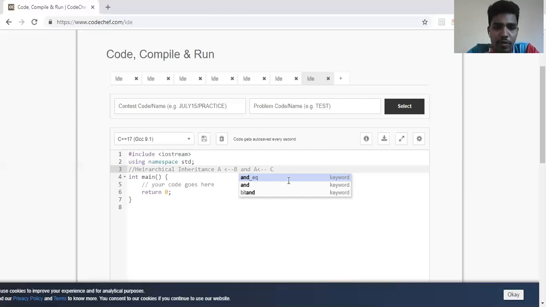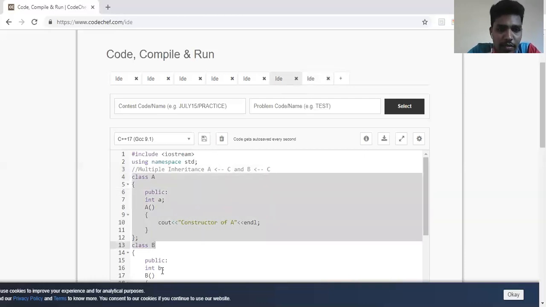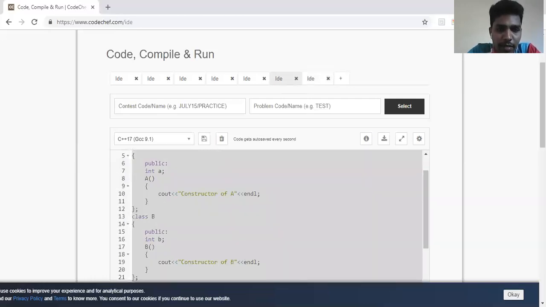Fine. Okay, so we'll see how do we write this particular piece of code. So let me copy the codes from the previous one itself so that we'll avoid time consumed there.